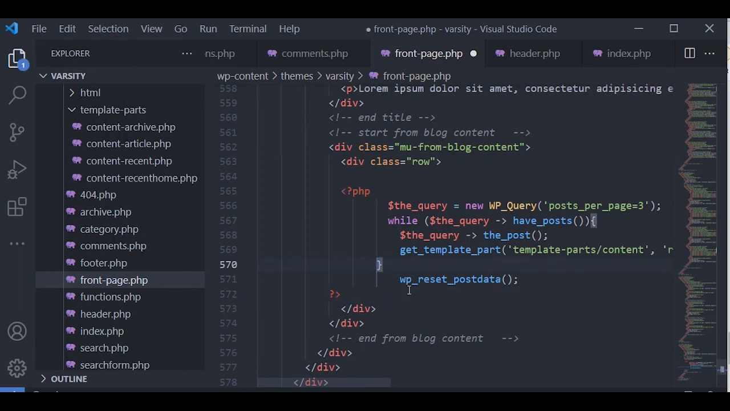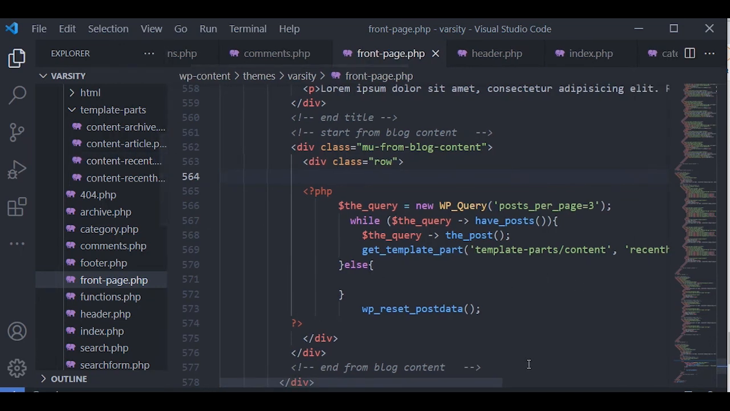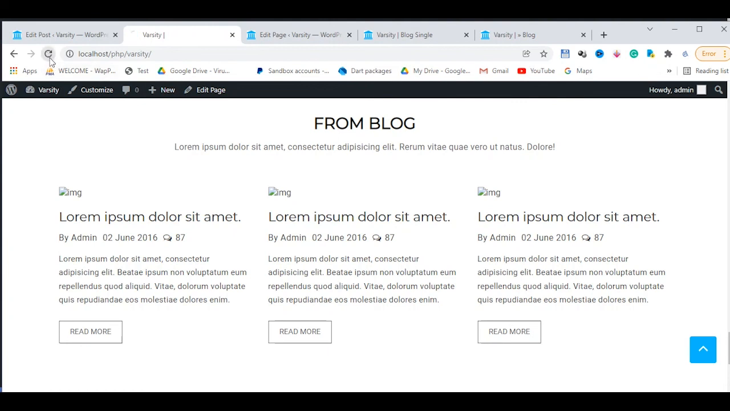So if there are no posts, you can display a message that there are no posts. You can use the else statement here. If you want, then you output the message. So right now we are not going to do that. So if we go to the home page,